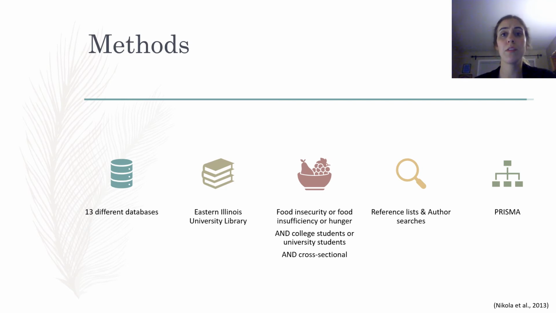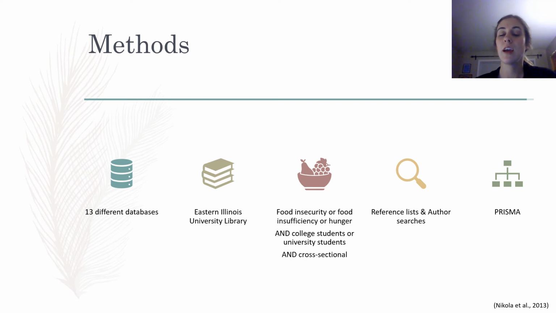Once I looked through all those, I only found a few articles, and so I wanted to find some more. And so what I did was I looked at my primary articles and secondary articles, and I looked through their reference lists. This was just to find any research that they may have come across that kind of talked about something similar as them. And then I also searched a couple authors specifically just because I thought they might be experts in the field and might have more relevant research.